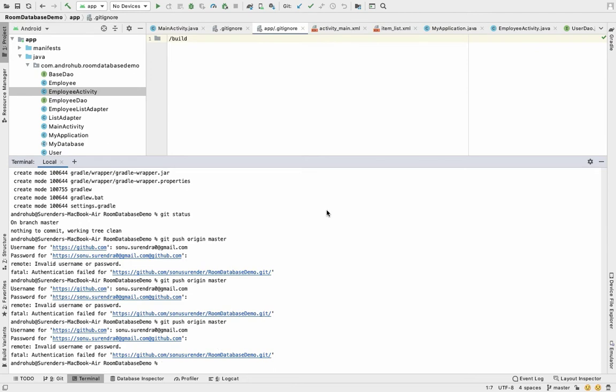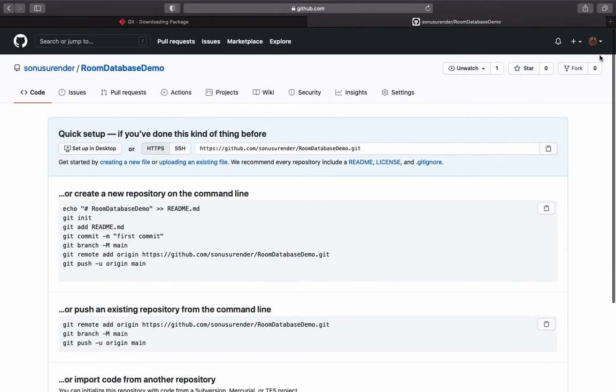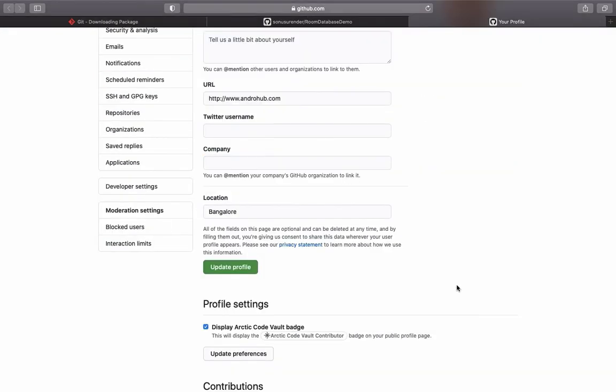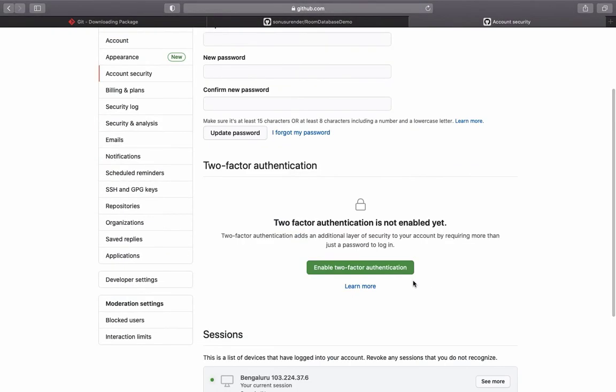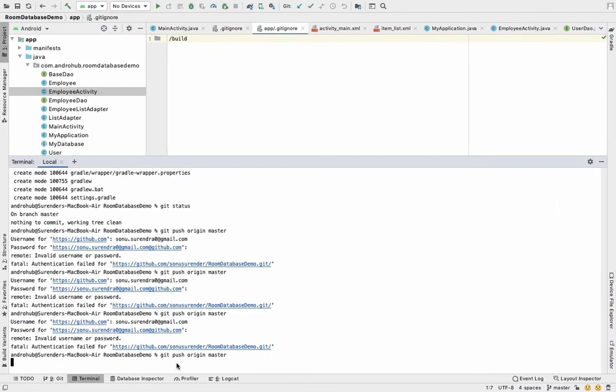It's giving me invalid username or password because I have enabled two-factor authentication. So first I have to disable it, then authenticate again. Just give me a moment. Okay, I have disabled the two-factor authentication, so now I think it should work.